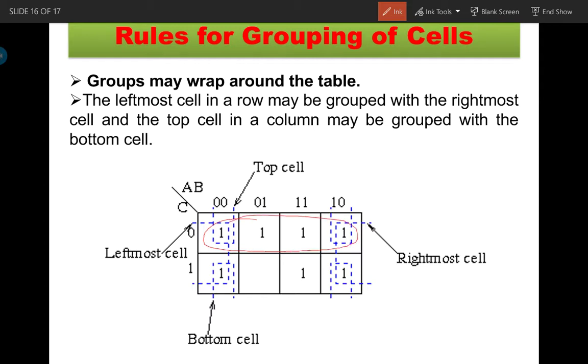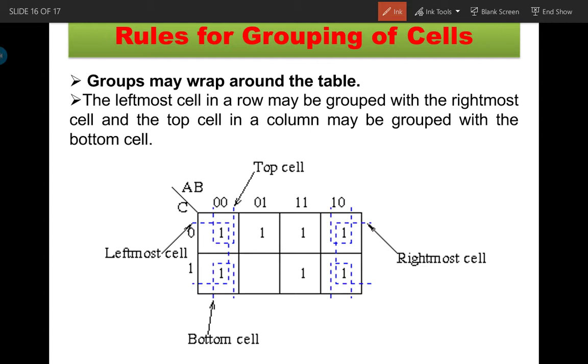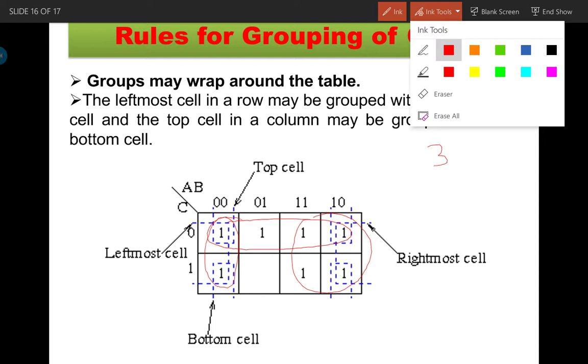ग्रुप इज पॉसिबल, 4 का ग्रुप बना लोगे नो डाउट, ये 4 का ग्रुप बन जाएगा नो डाउट। नाउ व्हाट अबाउट दिस, एक तो ये है कि आप ये ग्रुपिंग कर लो ओवरलैप, इसको 1 को इसके साथ ओवरलैप करके ग्रुपिंग हो गई। अब कितने ग्रुप बने, ओके, लेट अस टेक अगेन एक ग्रुप, this is one group, okay, 1, this is 2, this is 3। एक तो ये पॉसिबिलिटी है कि आप 3 ग्रुप ये वाले बना लो, सारे 1 कवर हो गए और ये ग्रुप बन गए, ठीक है।